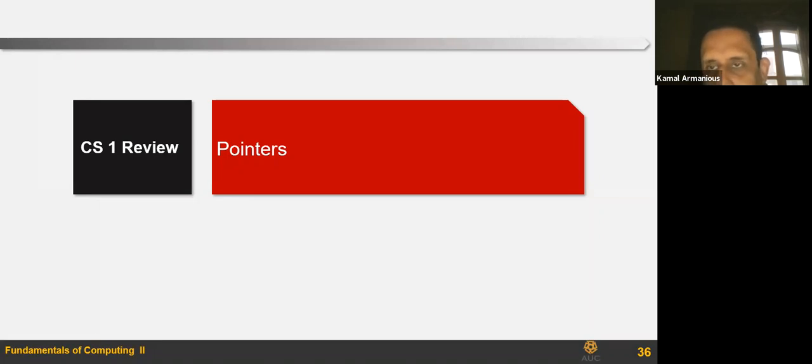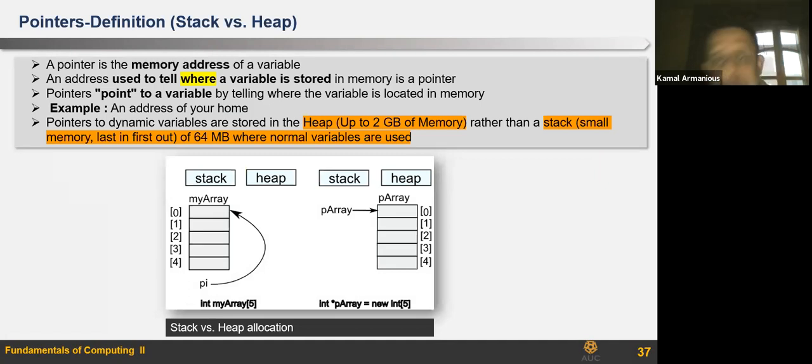Within 2 weeks, we'll be having a data structure about linked lists, and it's full of pointers, and then trees are full of pointers, so our life will be full of pointers, and they're perfectly easy. You don't have to worry about them, inshallah. So we'll have a view of pointers. Before I start explaining pointers,